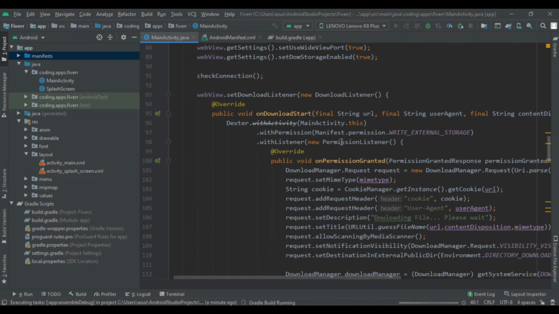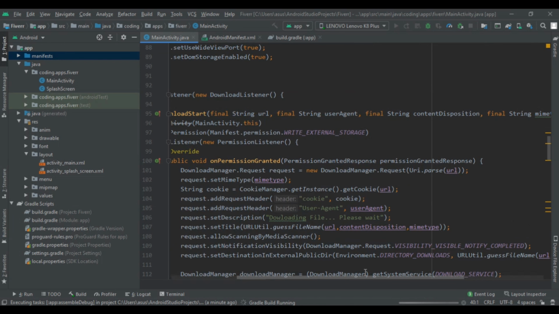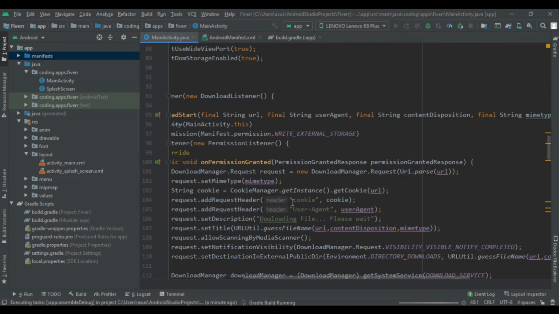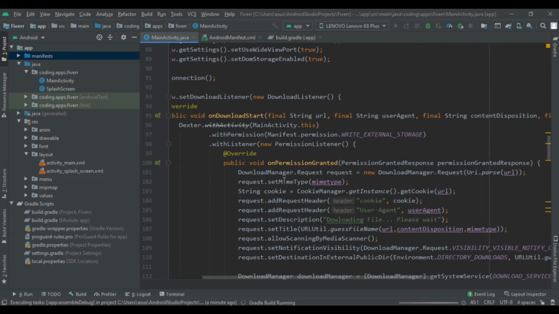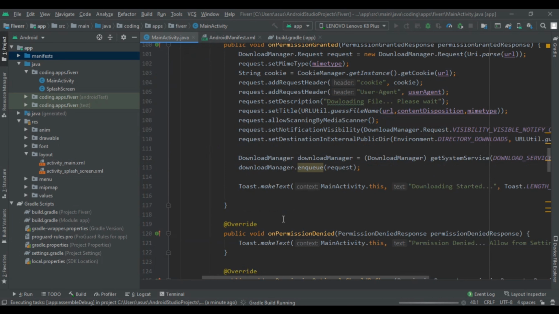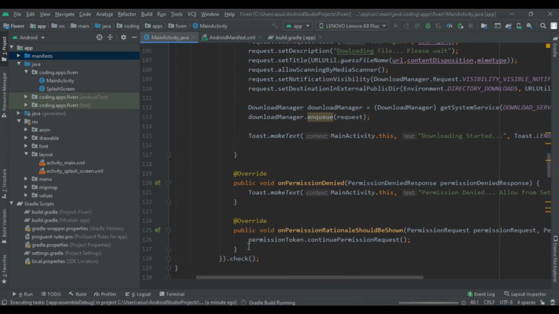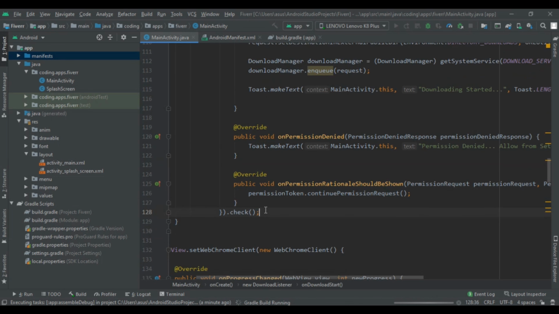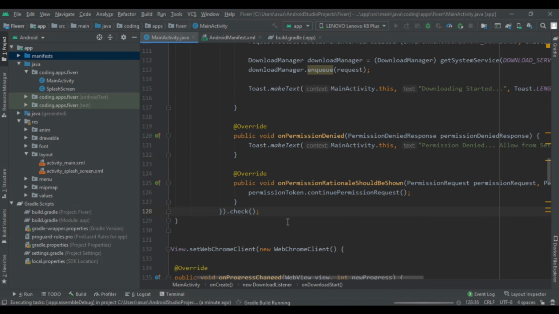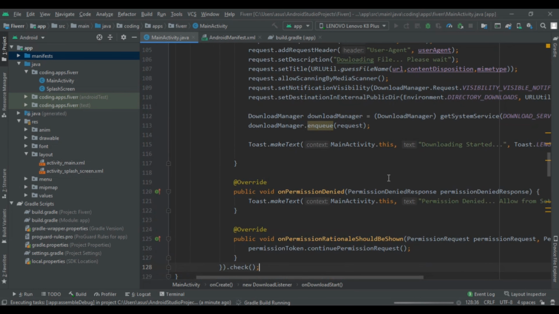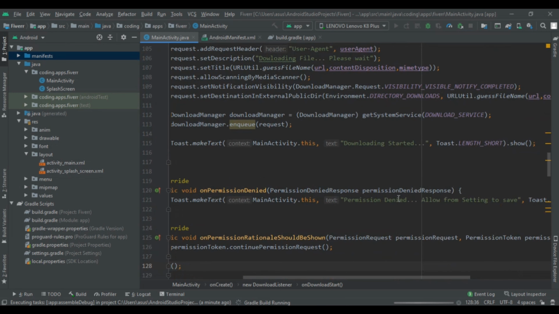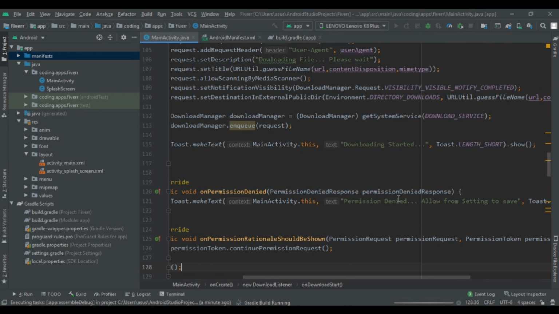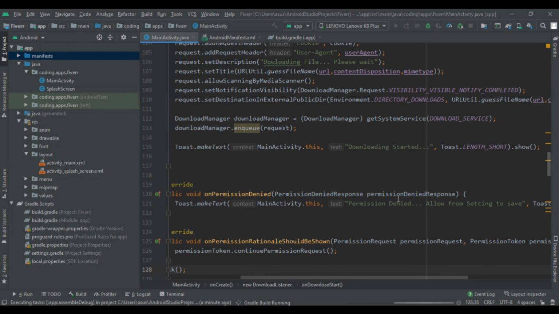So here we had not created any listener yet, so we had added a new permission listener. So this will generate three methods automatically. So in our last method we had the permission token, and here we added the check method. So this was our structure of our Dexter library, and here we had made one toast if the user disallows the permission, then the toast message will be shown.